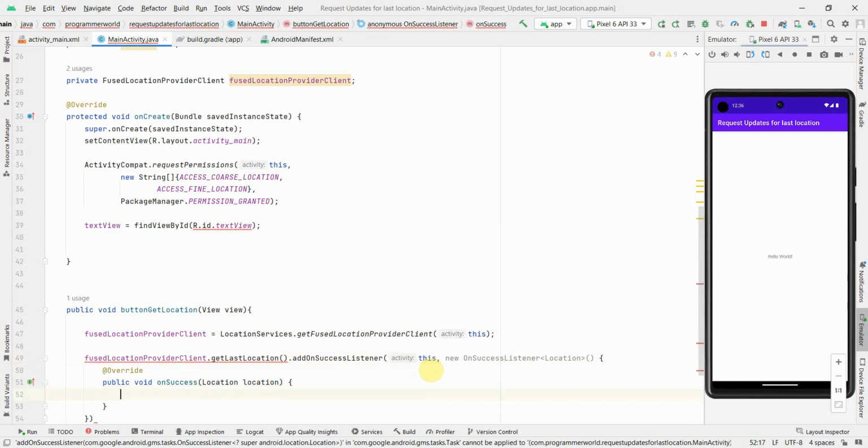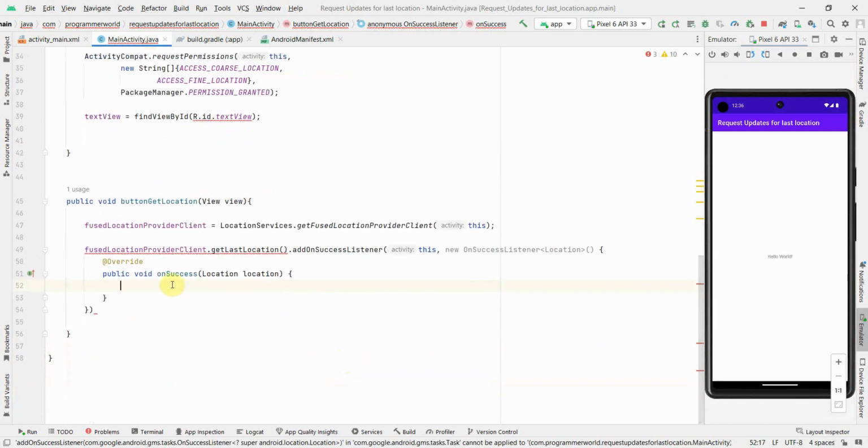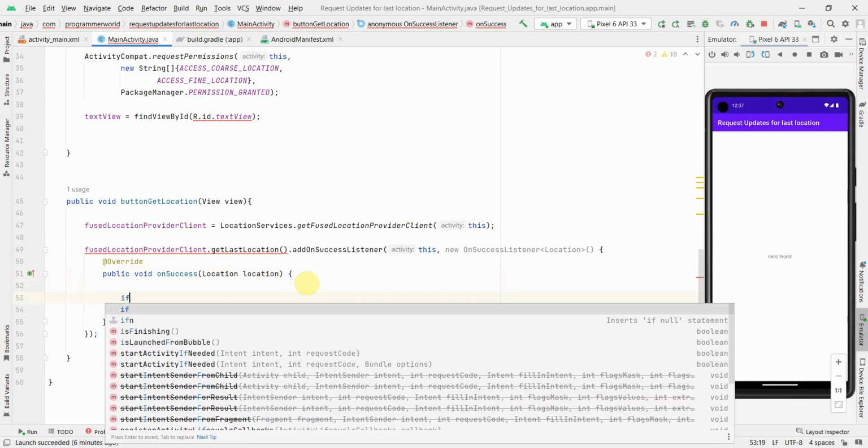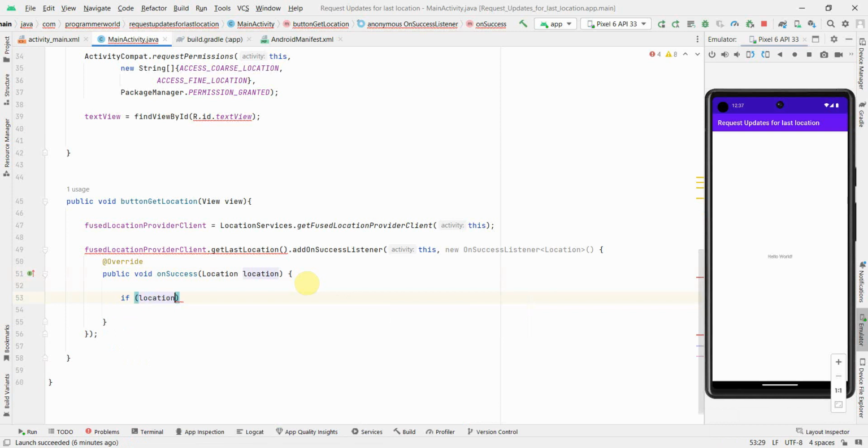Yeah, this one, perfect. So whenever this listener is successful, okay, let me first put a semicolon over here. Then it will come here in this location variable, which is what we will get as the location, and that's what we will be checking. So if location is not null, then we will get the value of our